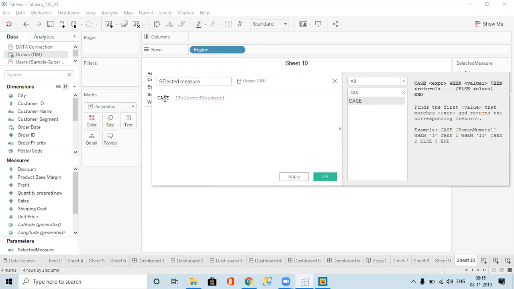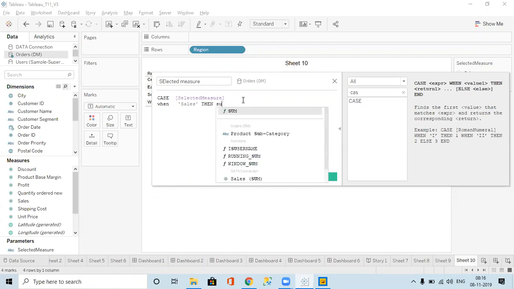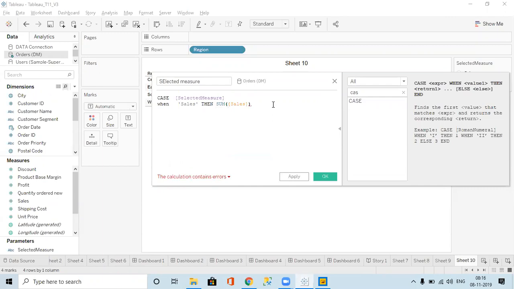Case expression, when value: when sales is selected, show me sum of sales.